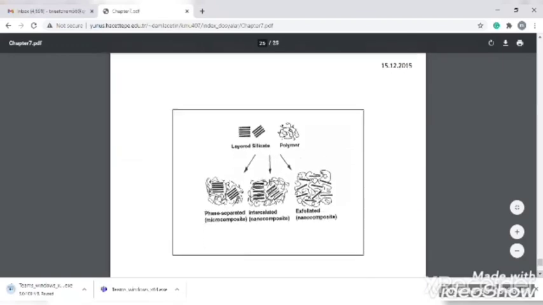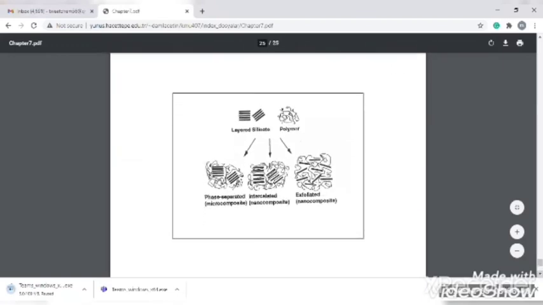And that's all. Here is some phase separation, intercalated, in the microcomposites, nanocomposites, and similarly polymer and the layered